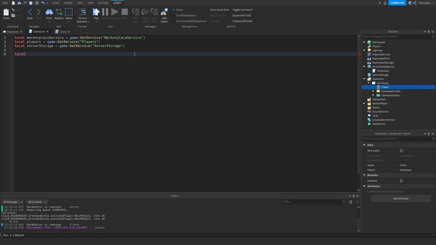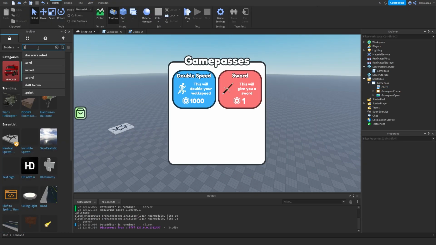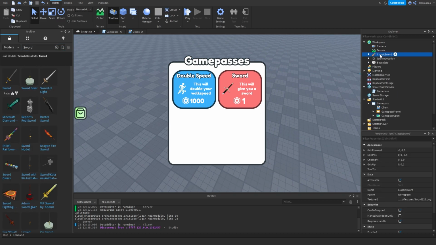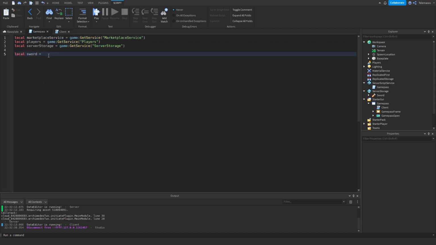And I'm just gonna make this simple for just demonstrating what you can do. So I'm just gonna get a local sword. I'm gonna go into the toolbox, search for a sword, and get a sword like this one, and I'm gonna name this sword and put this in server storage. So now we can do local sword is equal to server storage dot sword,